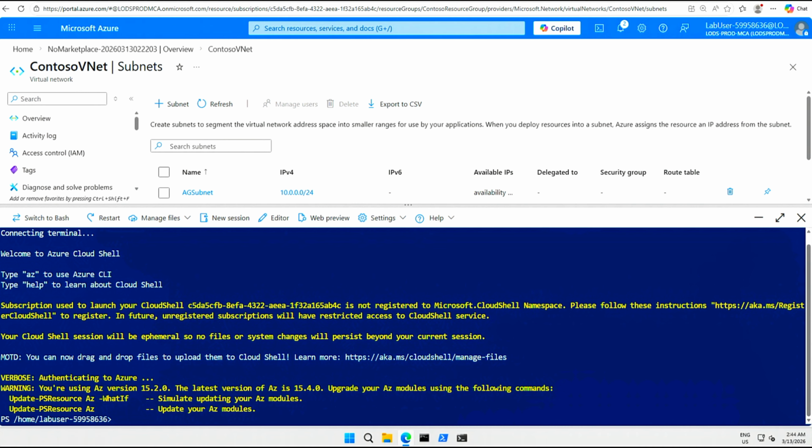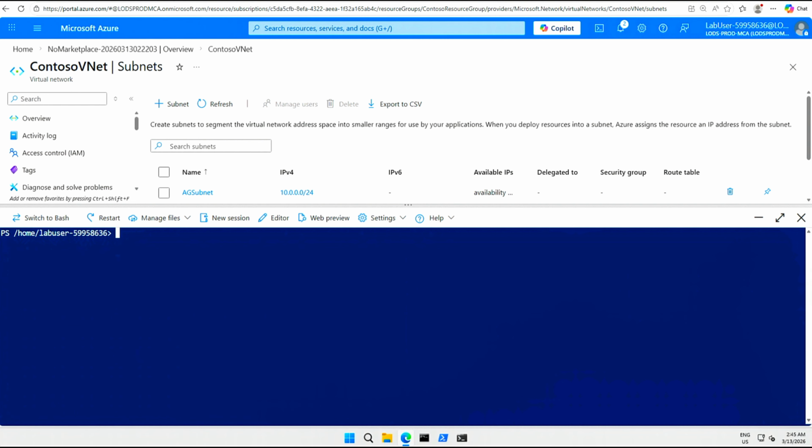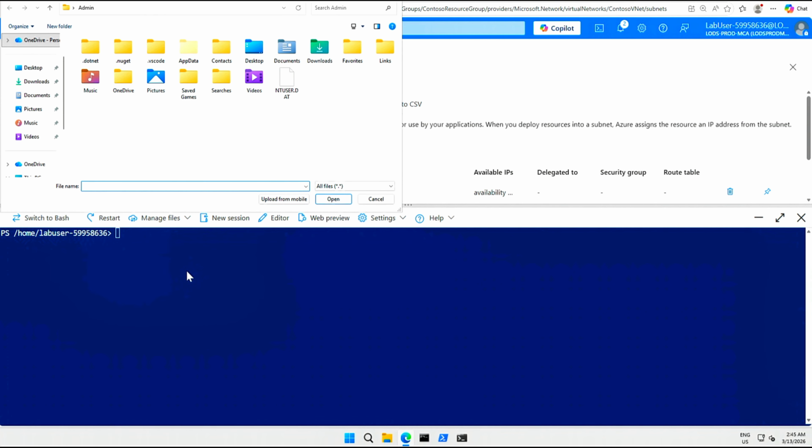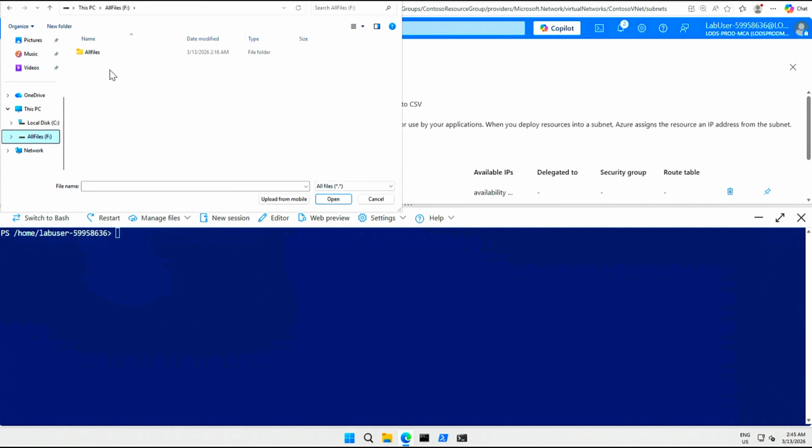You can see the terminal prompt is here now. Let's clear this screen. Now we need to upload files for this lab. So select manage files, click on upload. Go to all files. The files are downloaded. Click all files, Exercise